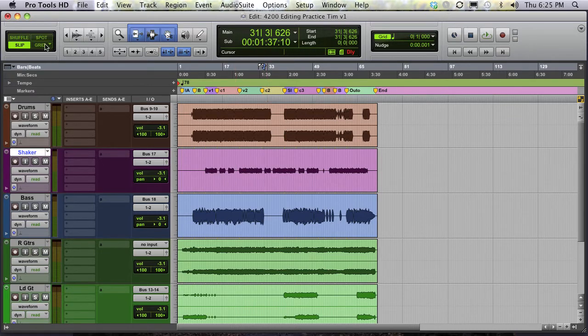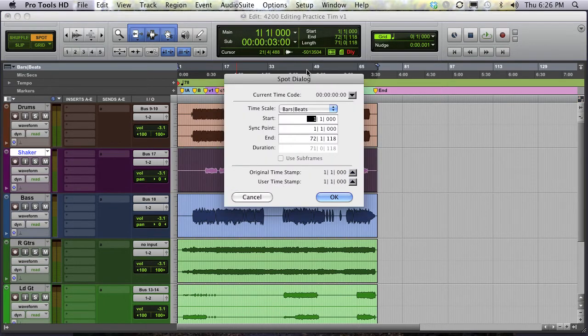Okay, spot mode. I'm going to give you 2 guesses what it does when I move things around in spot mode. Well, it asks me what spot I want to put that file at. Hence the name spot mode. So this is a Pro Tools mode